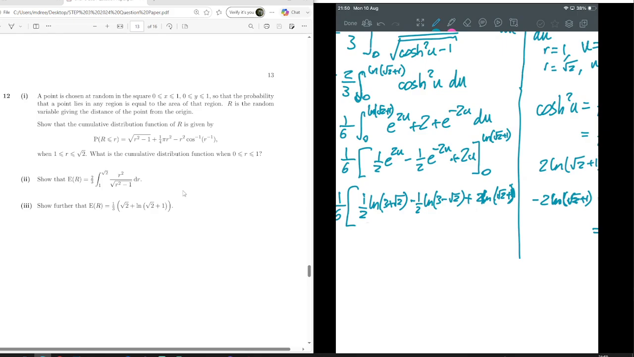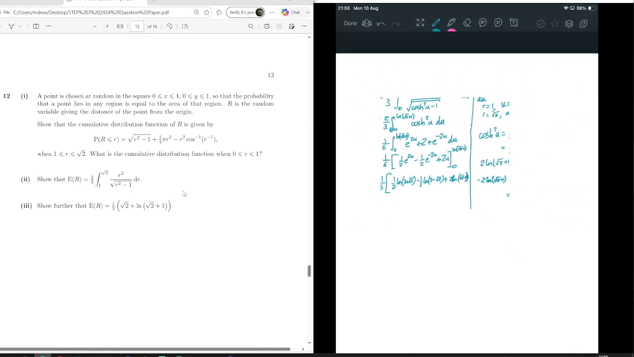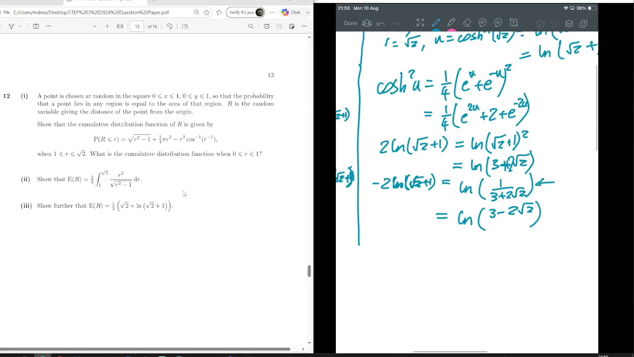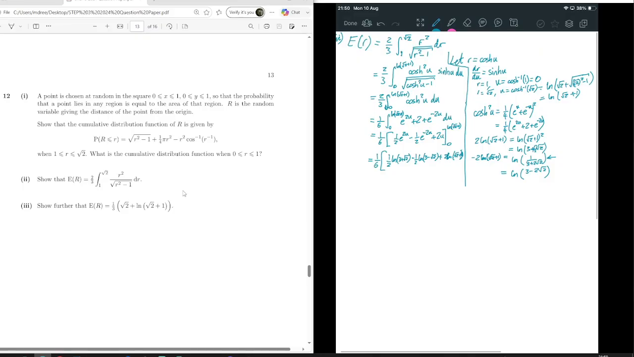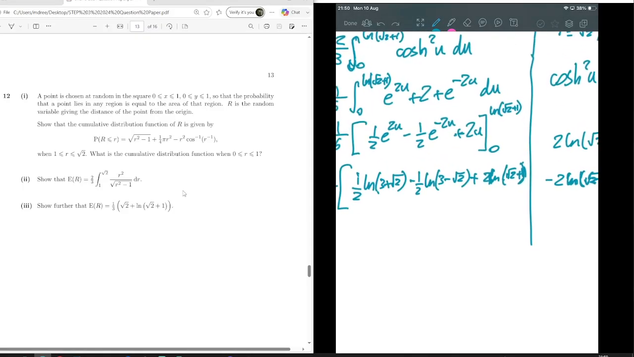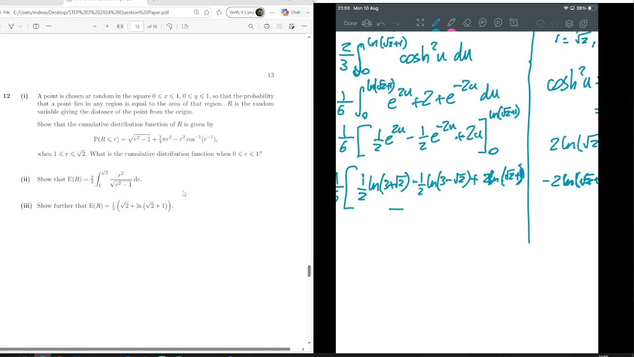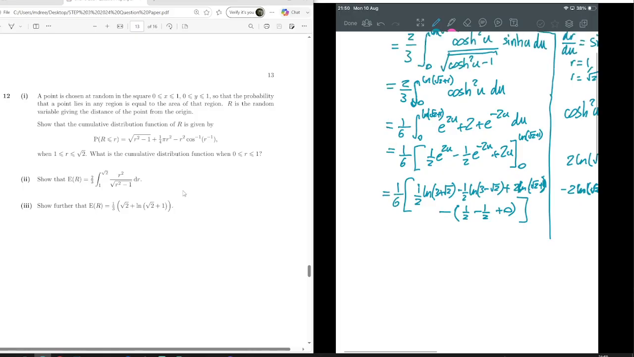I'm actually starting to think that I wanted to leave this one as a power of -1 inside the ln, but I'm getting distracted and ahead of myself. So then minus when I sub in the 0. So when I sub in the 0, I get a half minus a half plus 0. So that doesn't do anything. So I have a sixth